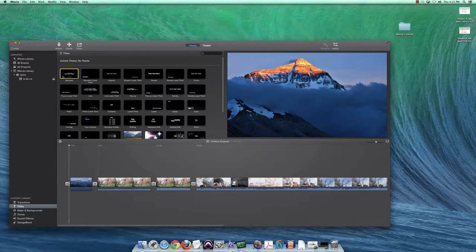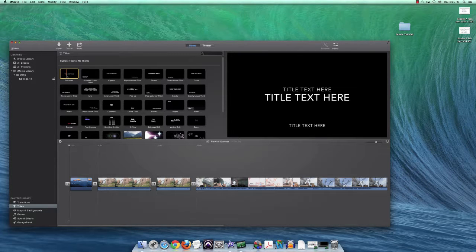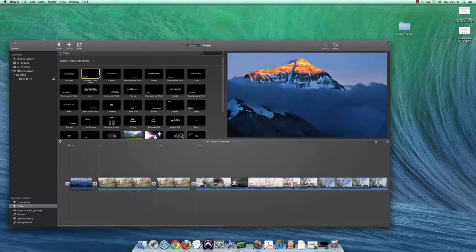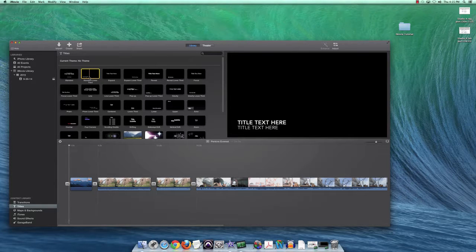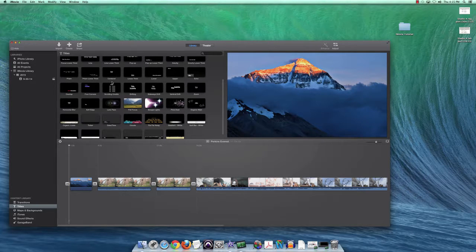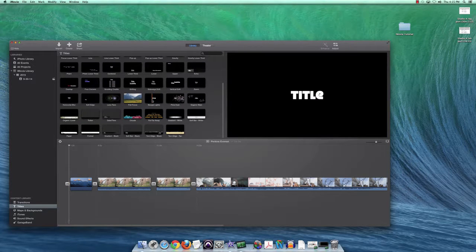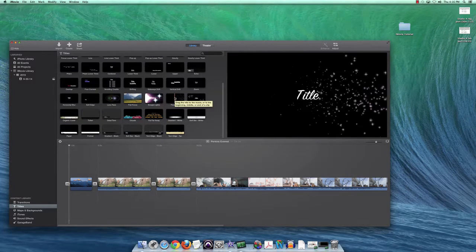Here's a standard one. And again, I encourage you, you don't have to drag it to your project to actually see how it's going to look. You can literally just click on it and guide your mouse slowly across it so you can see how it's going to look. A standard lower third, if someone's name, the person you're interviewing, you may want to put their job title and their name. So all these titles could be very useful, but for my project I'm going to choose Pixie